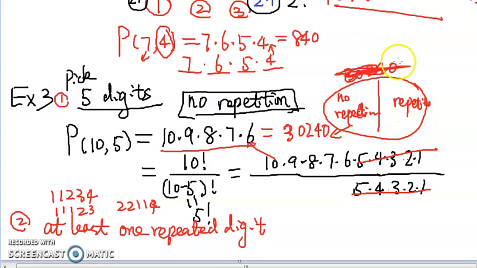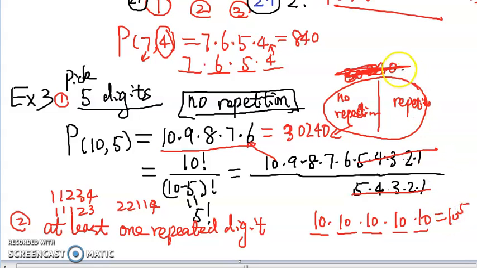So we can find the total number of ways, including repetition and no repetition, by multiplication rule. So which is 10. First place we have 10 options. If we still allow repetition, the second place you can use the same digit again. So that's why we have 10 times 10 times 10, 5 times. So 10 to the 5th. And then, so a total of 10 to the 5th, that many ways, including repetition, no repetition. So the no repetition is 30,240 ways. So we take this number, subtract 30,240. That will give us how many ways with at least one repetition. That gives us 69,760 different